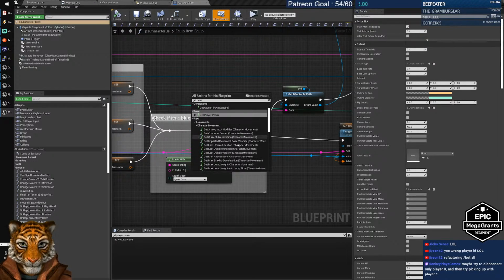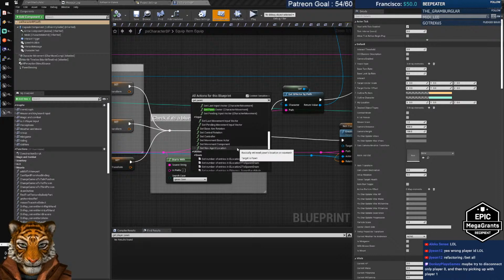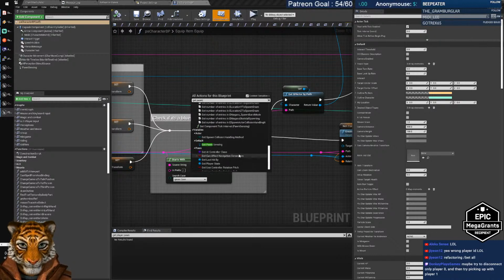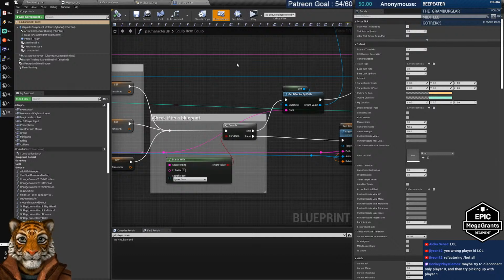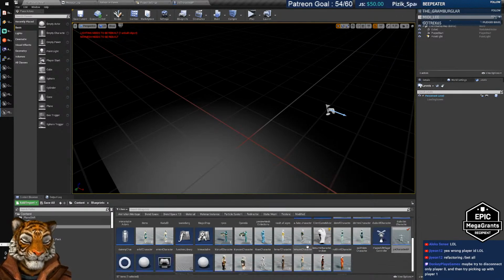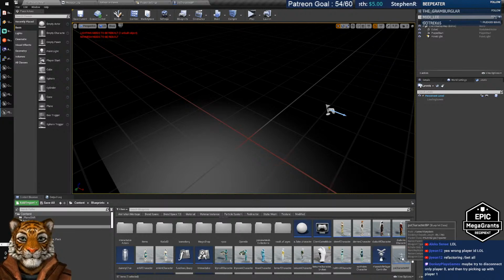Get owner. Get pawn owner, get controller, get player, but I don't know. Or we follow the code of pickup. The code of pickup is fairly simple. Well, simple, no, but